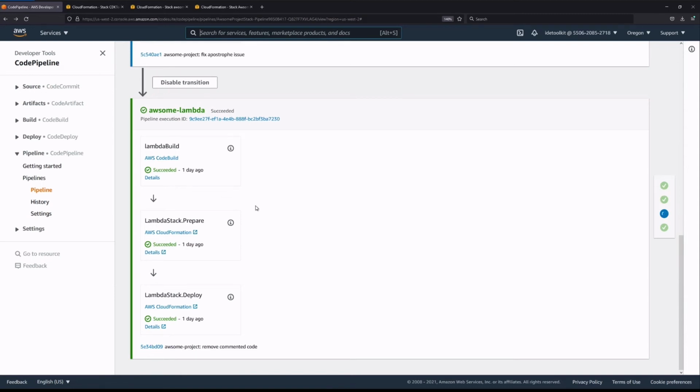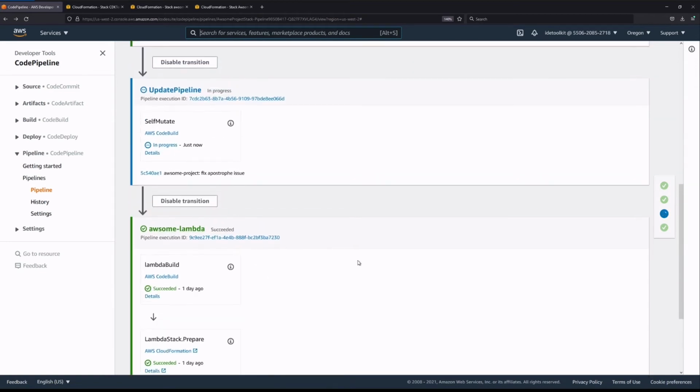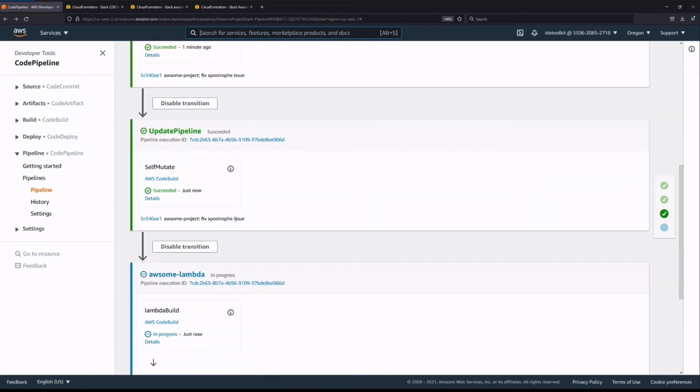prepare the Lambda function for update, and then go ahead and update the Lambda function. You can also see here CodePipeline is doing its job by not only properly observing, but we also see that we have the actual git SHA of the change that was made, and our comment here, which was to fix apostrophe issue. This was 5C540AE1.